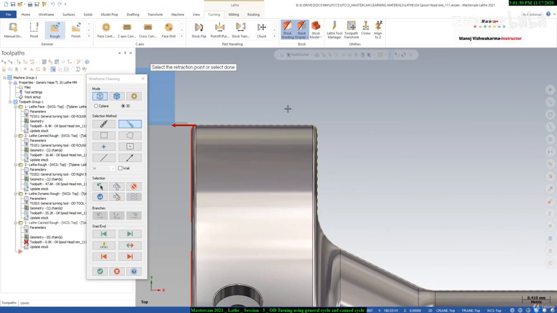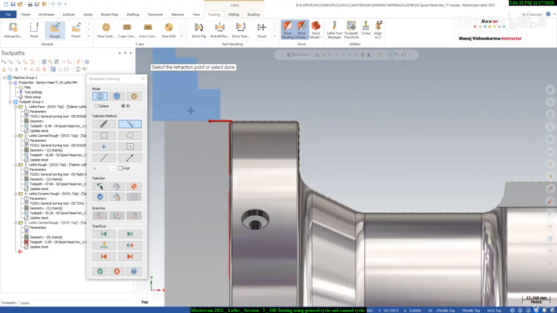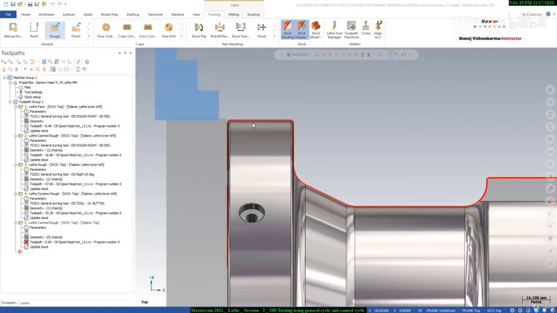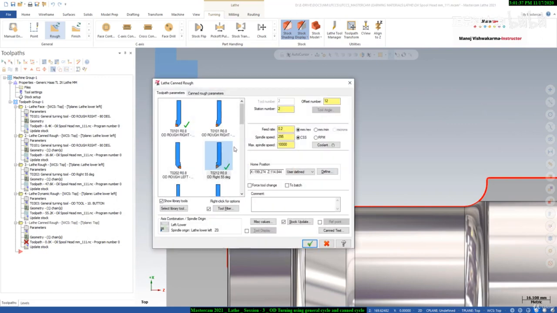Okay, so I will say okay, and here I will select the same tool, and here same tool number, same feed rate, same RPM,